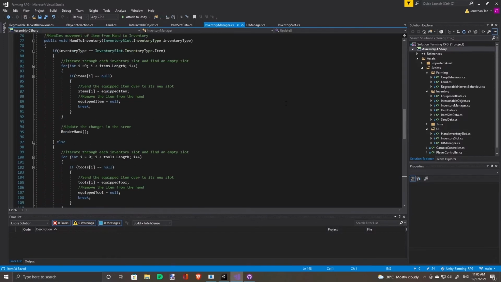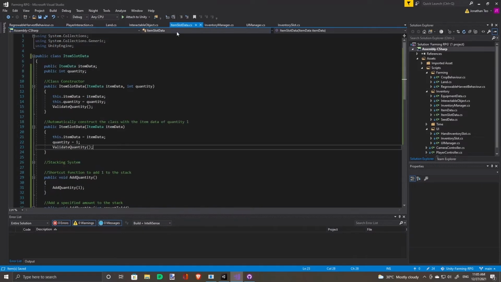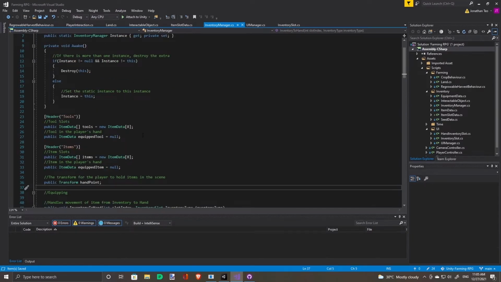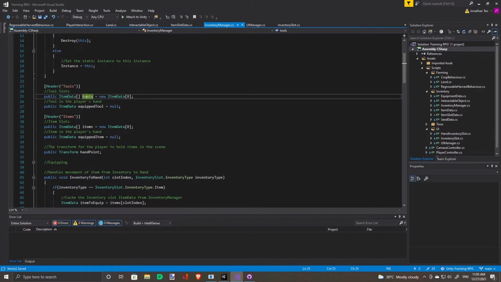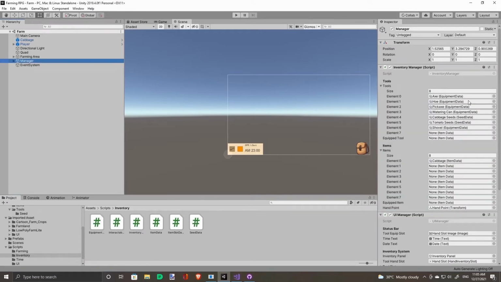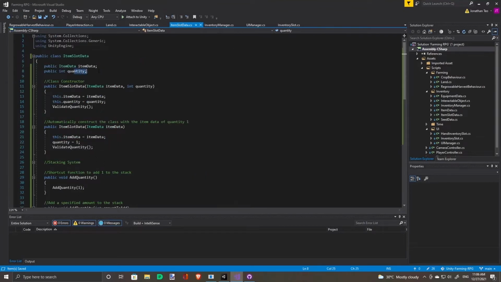On to moving this to the inventory manager. So we're going to change all this item data into item slot data. There's going to be a lot of code refactoring that we have to do. First off, we named all these variables like tools and equip tool because right now, scriptable object, tool, and item, your item is your slot because they are one and the same. But right now, when we create slots, the slots are going to have more information.